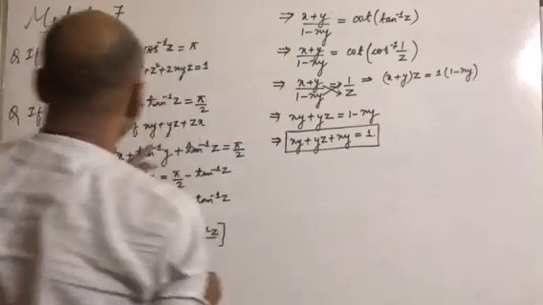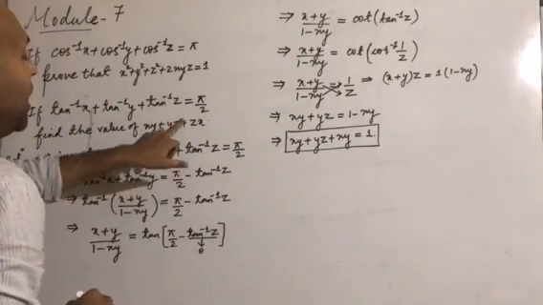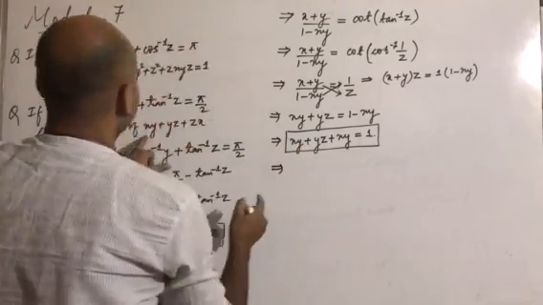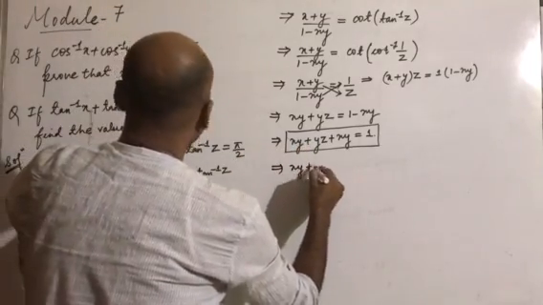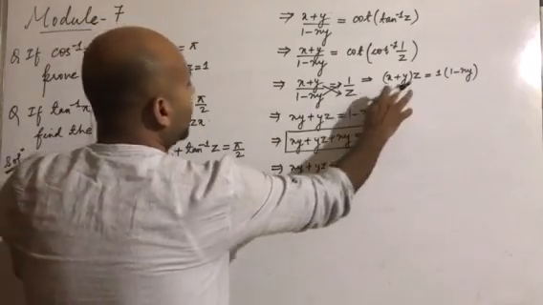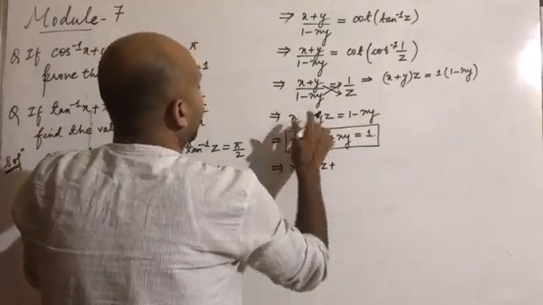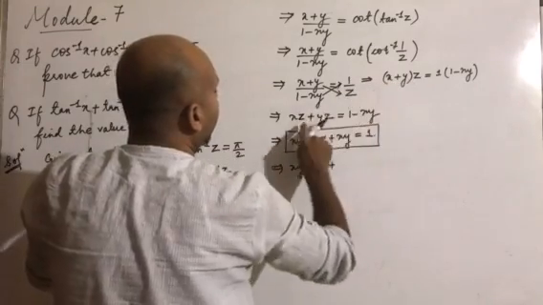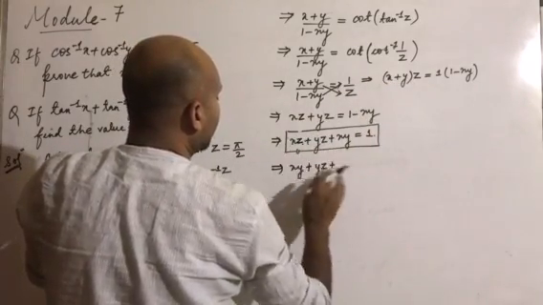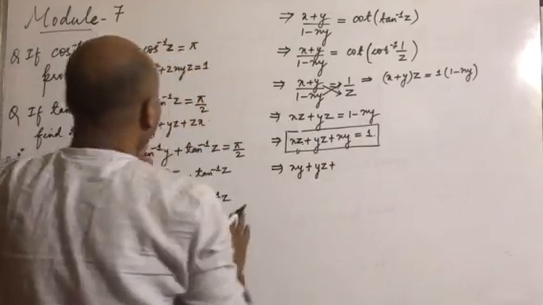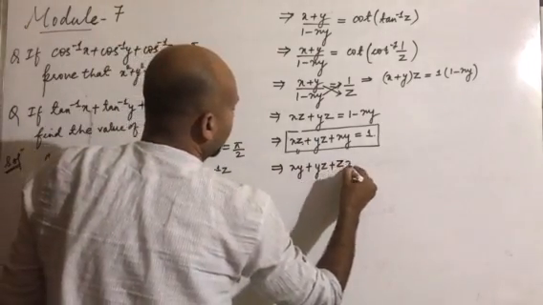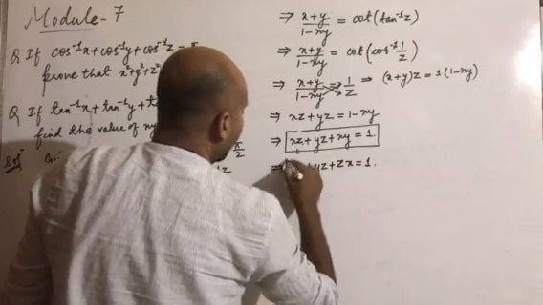In this question it has been asked to find the value of xy plus yz plus zx. So you can write it in the form of the required question. So this implies xy plus yz plus, oh I'm sorry, here it will be xz, because x will be multiplied by z, so it will be xz plus yz. So here it will be xz plus yz plus xy. So you can just change it into the required format. So xy plus yz plus zx is equal to 1, and this is my answer.